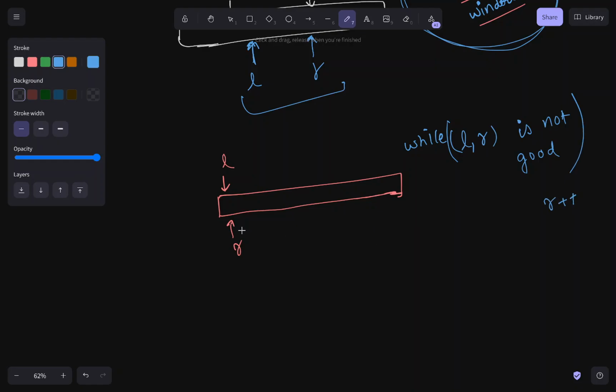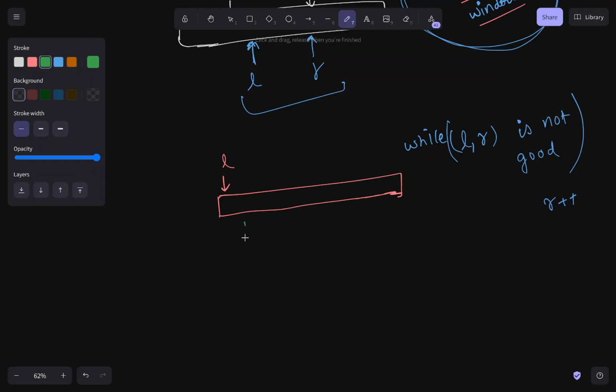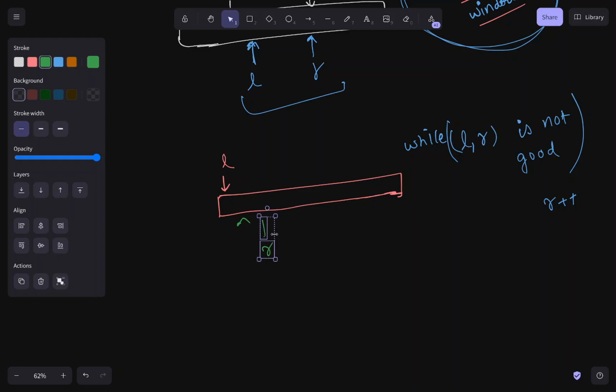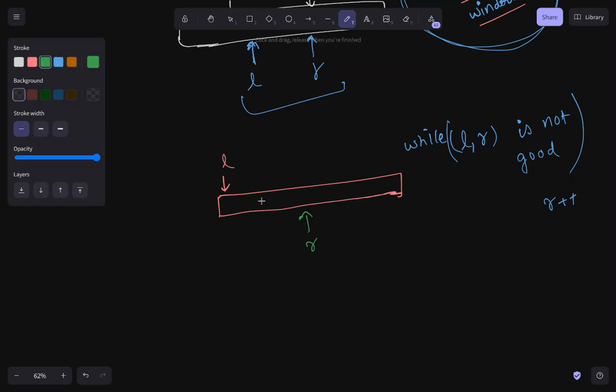R will initially be here, but let's say that this L to R is not good, then you would have R here. Then let's say that this is also not good, then you will have it here. Let's say this is also not good, then you will have it here, then here. Let's say at some point of time you got that, hey, this L to R is good,